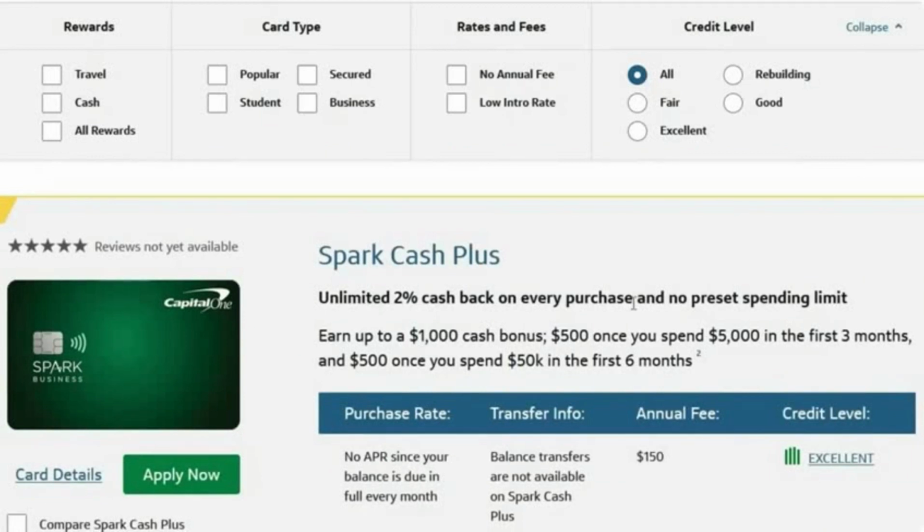Oh yeah, the Spark Cash card. These are great for business accounts. The Spark Cash card, some people don't like it, but I like them because they report to both your business and your personal. And the reason why I like that is this. Use it like a regular credit card. Make sure you keep it at 5% or less. I say 10% or less, but I usually keep mine around like 7% and 5%. As you know, if you look at my videos when I show my credit scores, I'm at like 5 to 7% utilization. So use it like you use a regular credit card, and this way you will have a $15,000